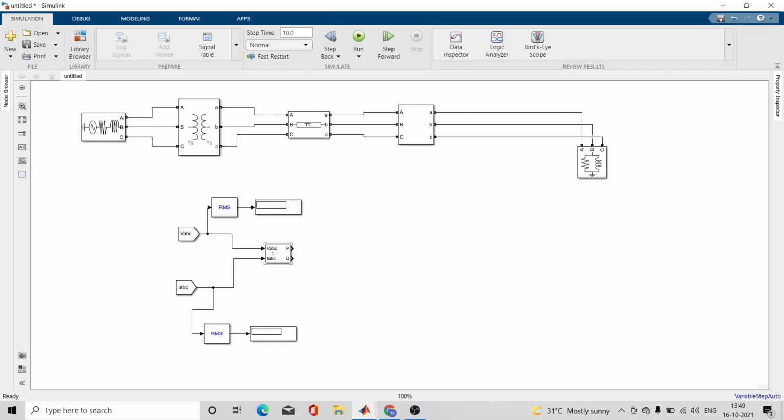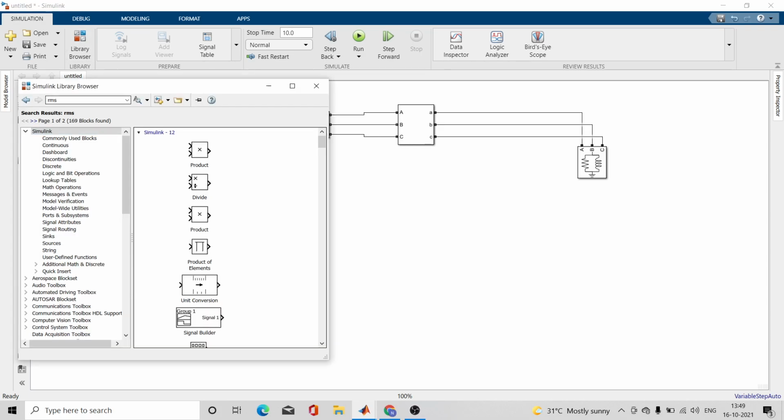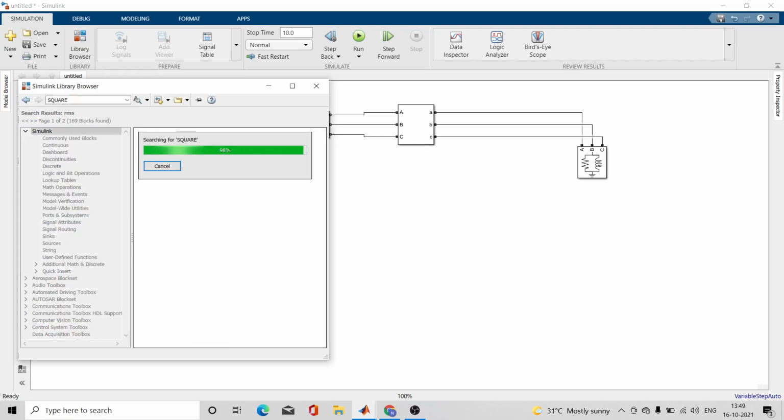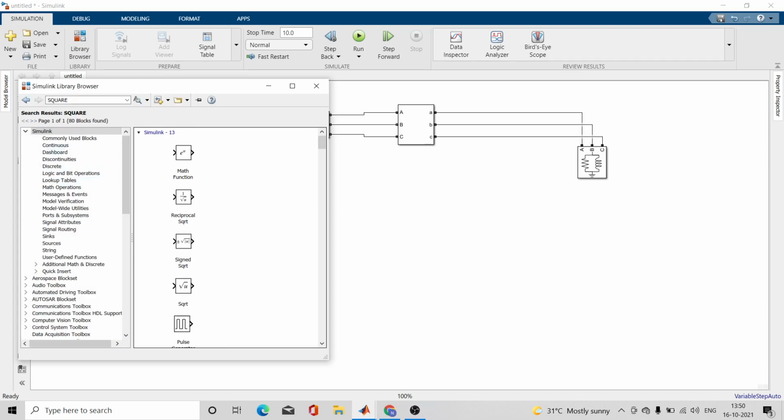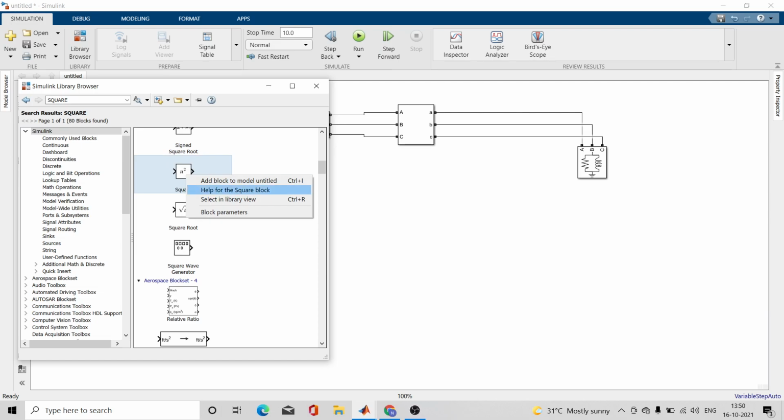After doing this, I have to do p square, q square, right? So I'll go to sqrt, or sorry, square. I'll find a square block. Yes, this is a square block.